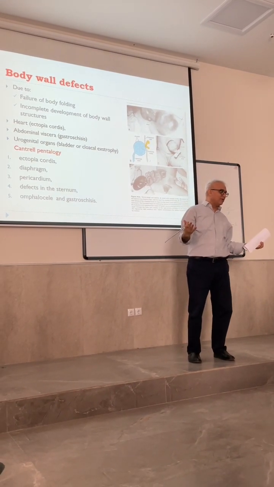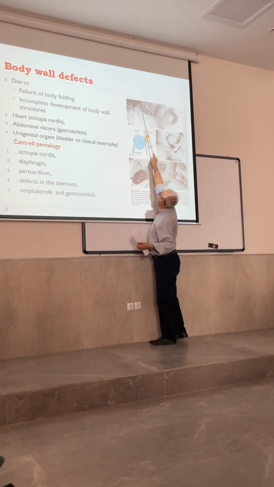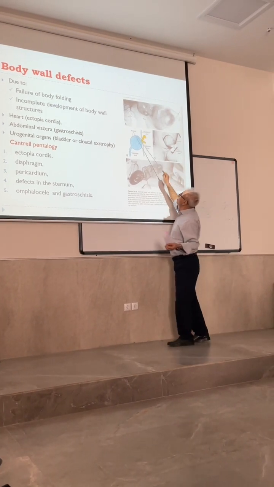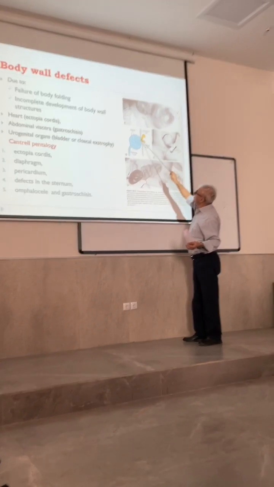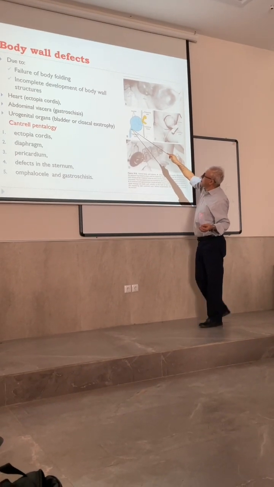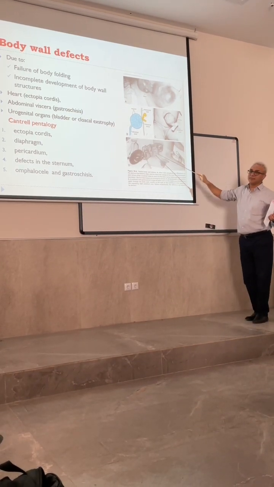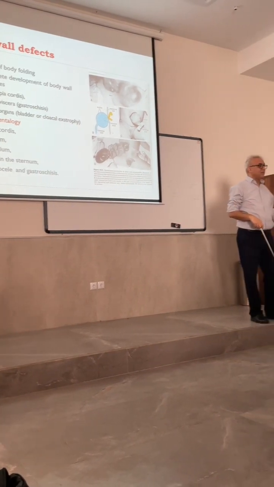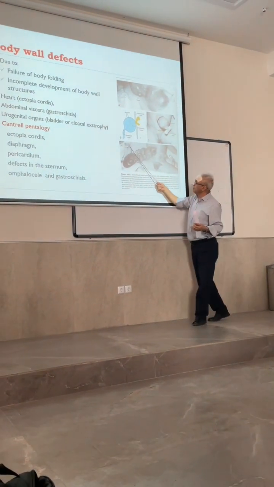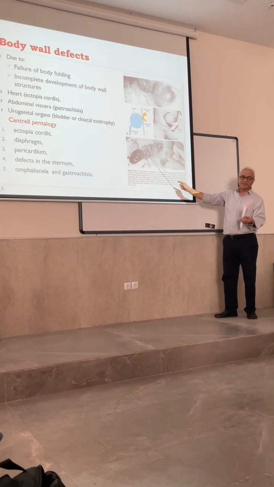That's normal. For example, here it's covered by the peritoneum and amnion, and the amniotic fluid like this, okay? In the case that it's covered by the amnion, here is the intestine inside the umbilical cord. But here is the gastroschisis. Gastroschisis means that it's open and the intestine directly connects with the amnion, and the amnion digests here and